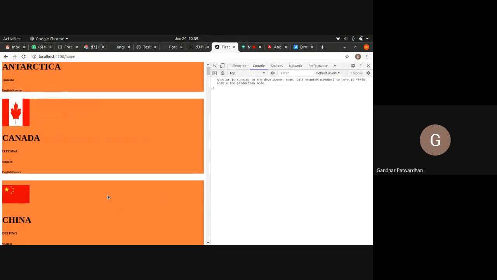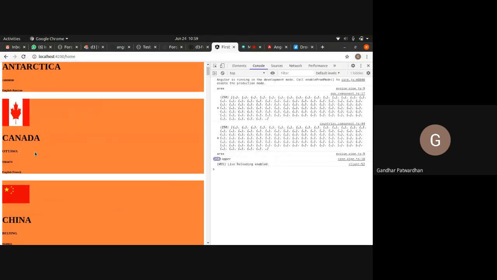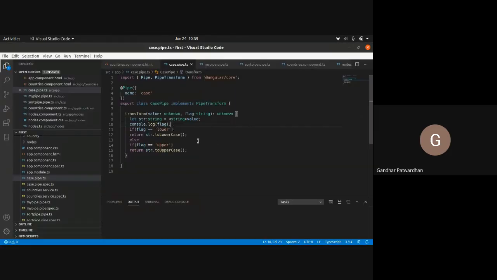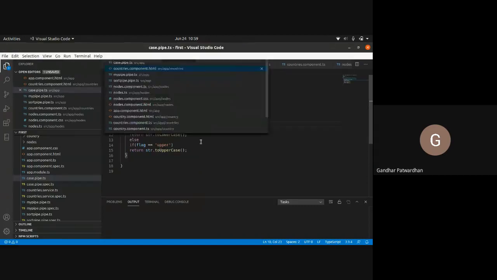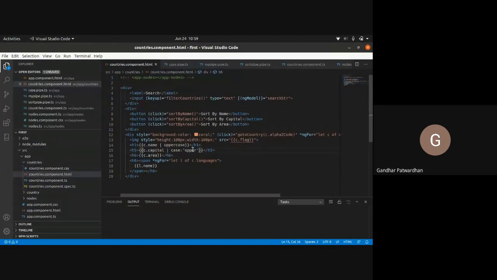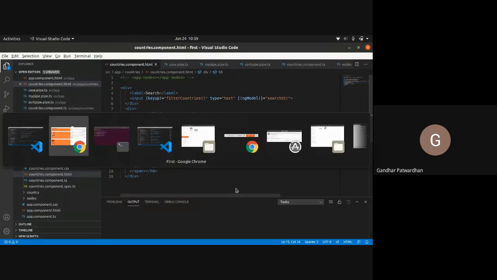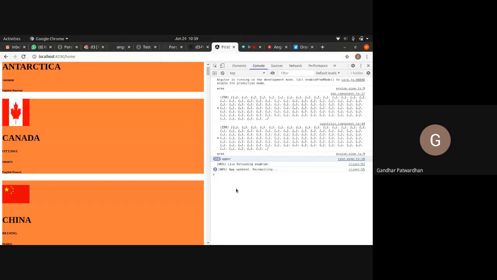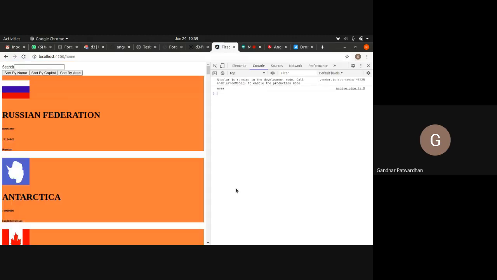Yes. Now it changed to upper. That upper got printed here. And if I have to make it lower, I would simply say case lower. It made it lower.